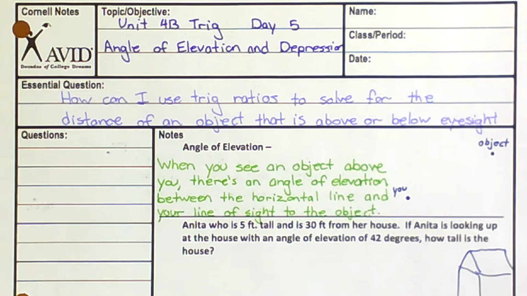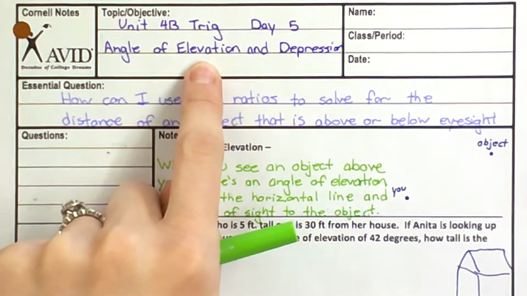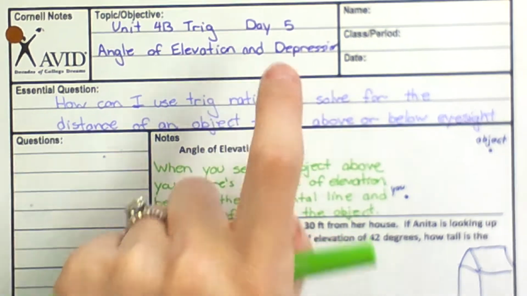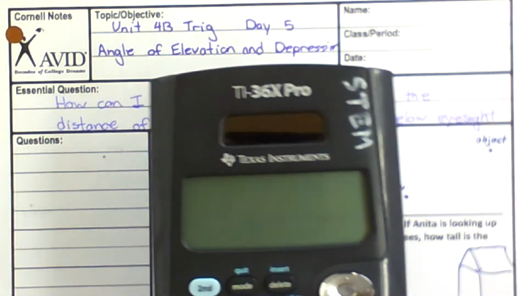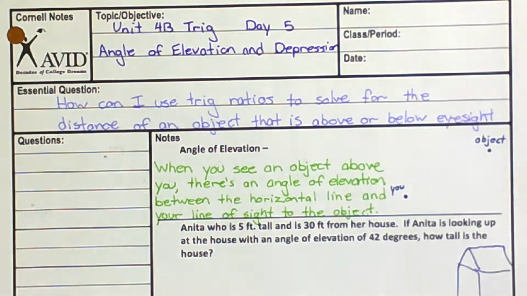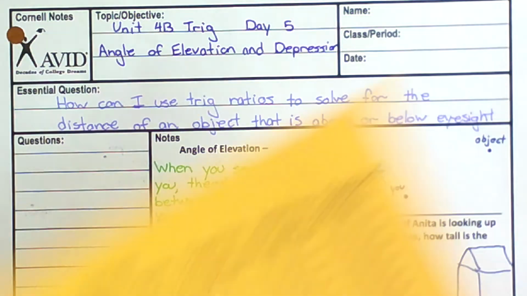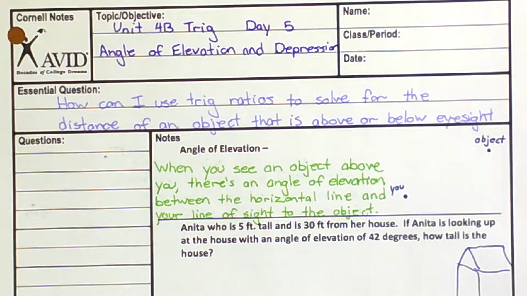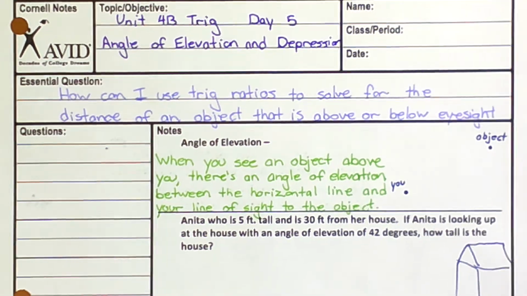So this is day 5 of our Unit 4B trig unit, and today we're going to talk about angles of elevation and angles of depression. So what you're going to need for this is a calculator of sorts, and then you also need your trig table for this. So these are going to be word problems that deal with angle of elevation and angle of